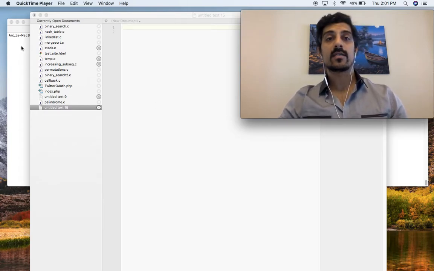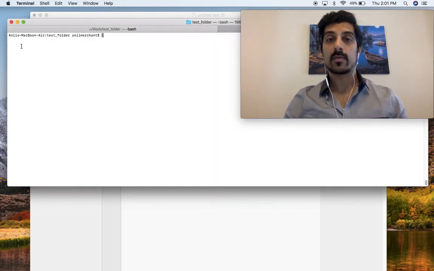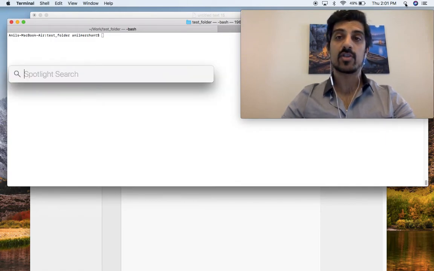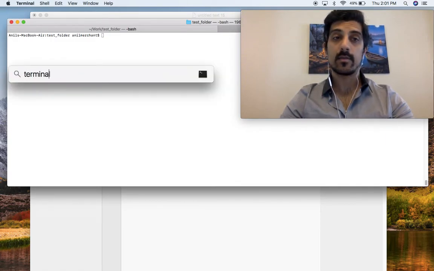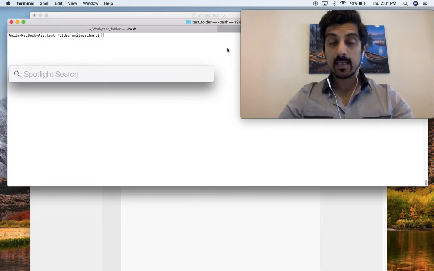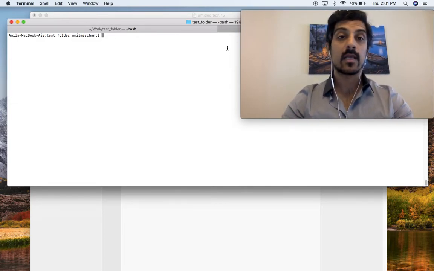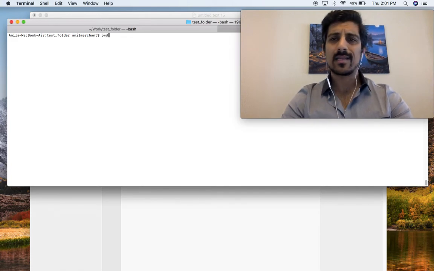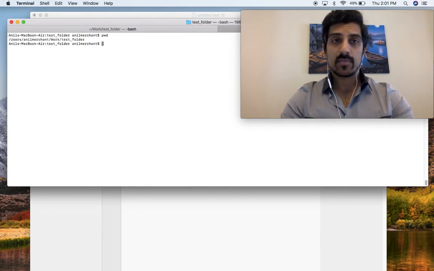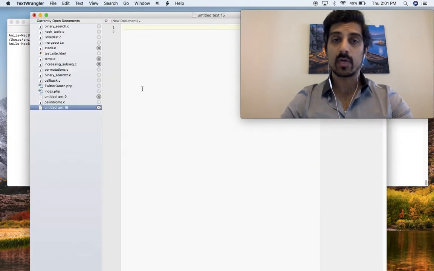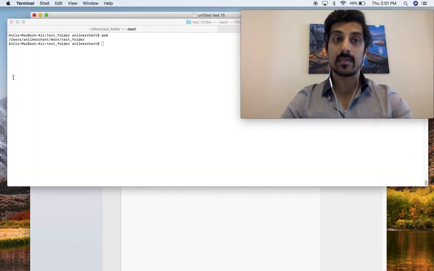What we need to do first is open up Terminal. To do that, if you're unsure, you just go to your Finder, type in Terminal, and press Enter. Secondly, make sure that you are in whatever directory you're going to be saving your files in. Just some basic Linux commands. Again, you can Google these or ask me, and I'll be happy to provide that info in the comments. pwd is just print working directory, so we're currently in the test folder. So I want to make sure that whatever programs I write here, I save in this same test folder.